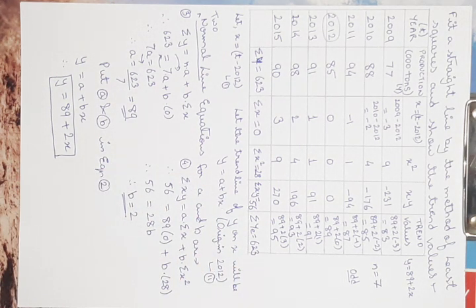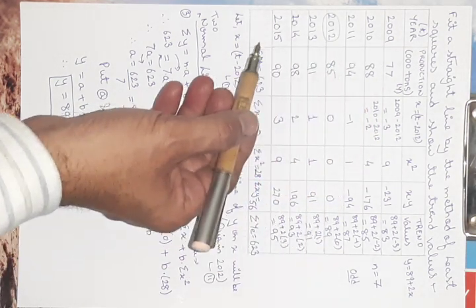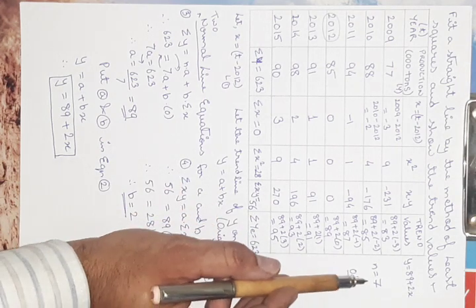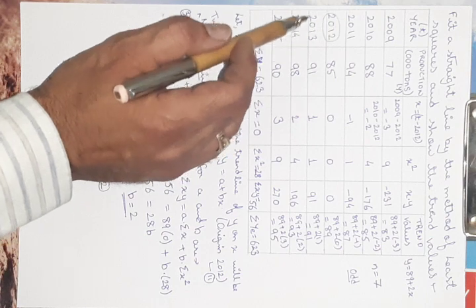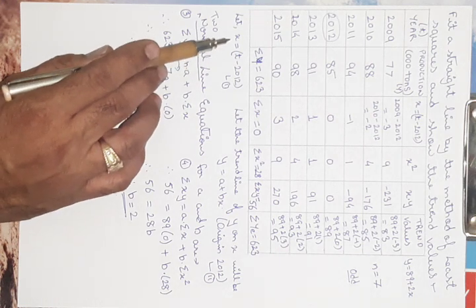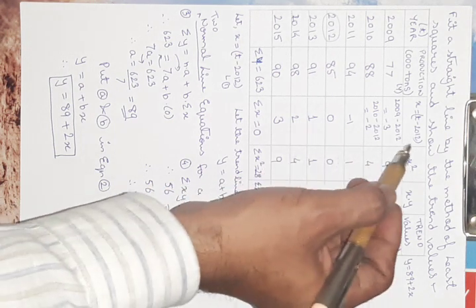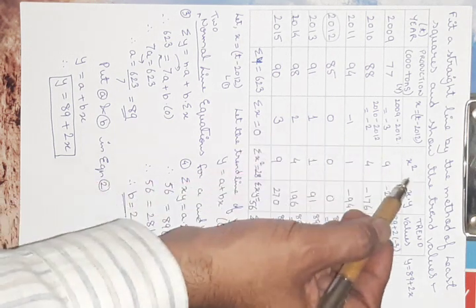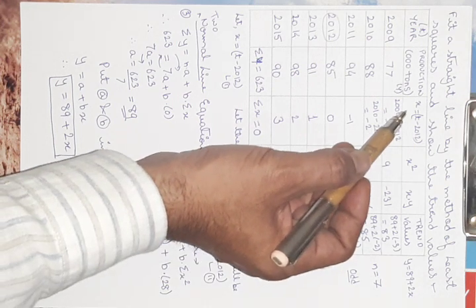So friends, this is how the problem of time series analysis by using the method of least squares is solved. What we have done first is we have seen what is the value of n, that means the total number of observations, which is 7, which is an odd number. So we have selected the middle value, that is the middle year, as origin, that is 2012. So we have got the equation x is equal to t minus 2012. Similarly, we have calculated the value of x. Next we have taken the square of x, that is x square. Next we have calculated the value of x multiplied by y.